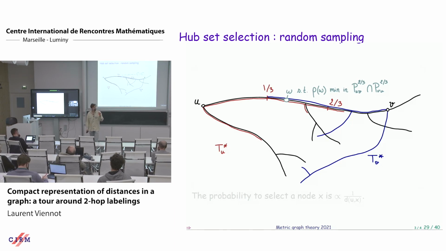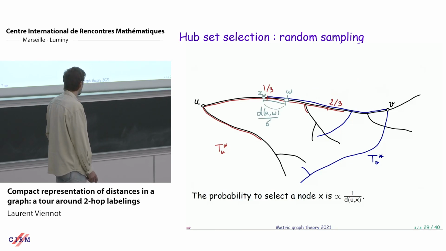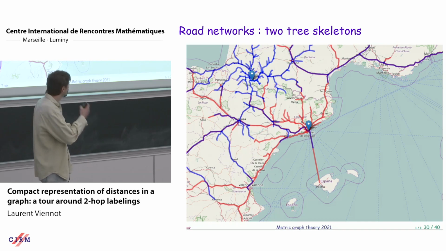And the probability for a node in this interval to be the minimum one is 1/(r/3), because there are roughly r/3 nodes there, and the probability to be the one that wins is 1/(r/3). So the probability to be selected is about 1/r. So when I sum over all distances, I get a harmonic sum. This gives you the log factor. It's just an intuition again, but I don't want to go into the details.